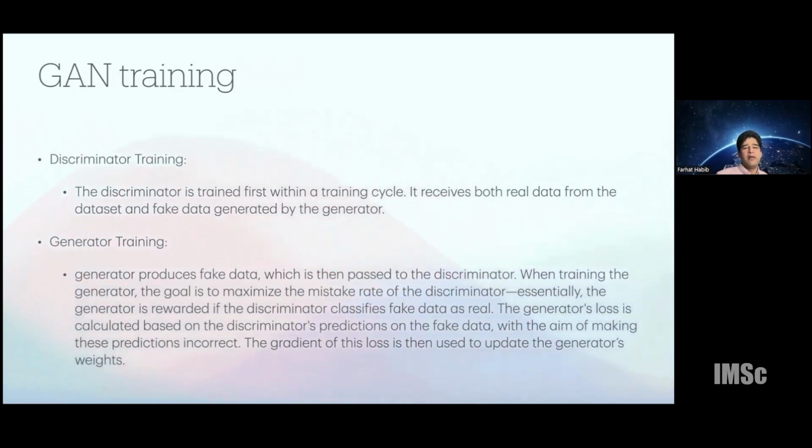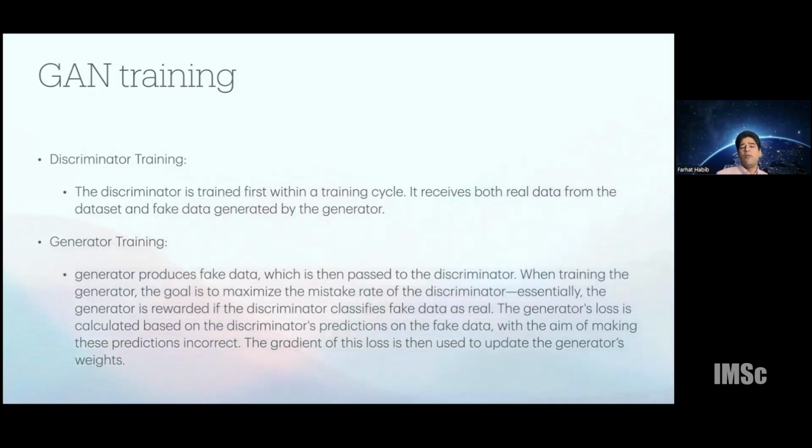You start by training the discriminator to be able to tell the class that you're interested in versus the class that you're not interested in. Next, it receives real data from the dataset and fake data generated by the generator. So when training the generator, our goal is to maximize the mistake rate for the discriminator.